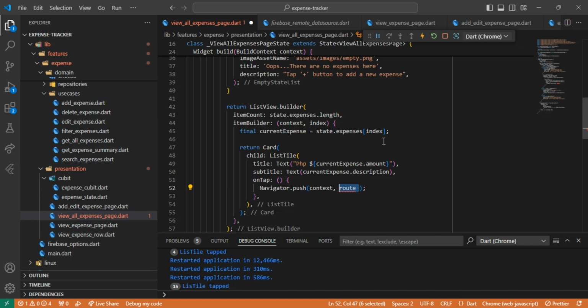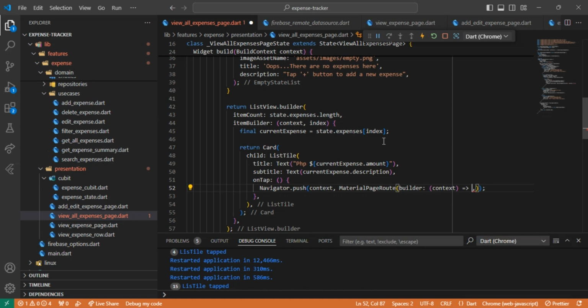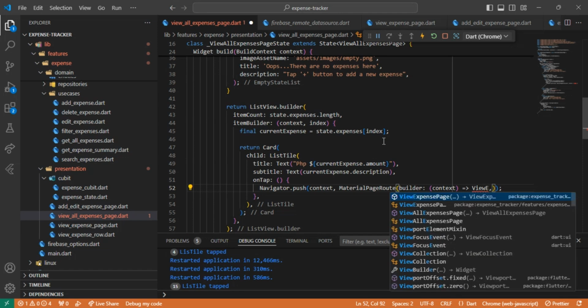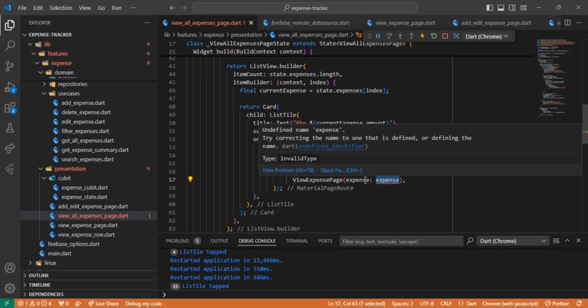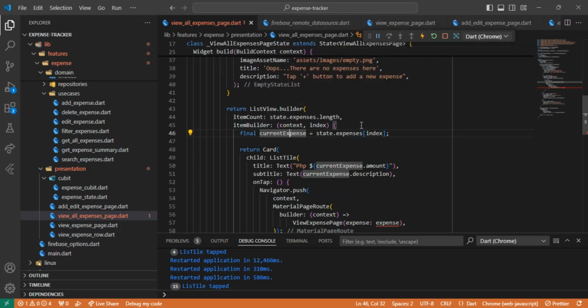Wait lang. Then material page route builder, delete that, control space, use yung may arrow, and then we'll indicate natin dito is view expense, yan, and it's gonna ask us for an object. Thankfully, buti na lang, we already have that object, no, kasi whenever